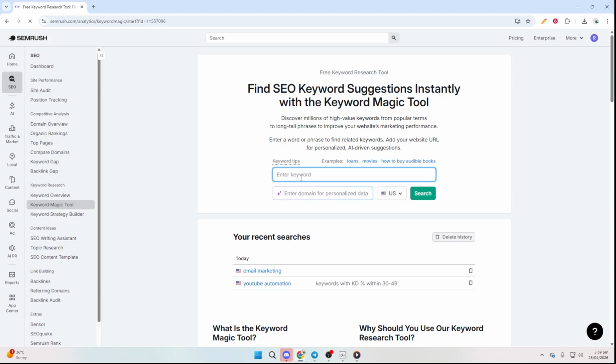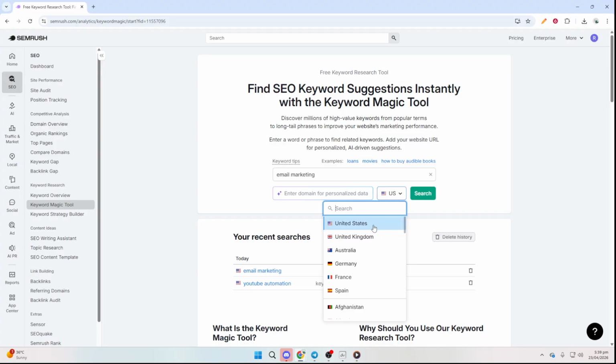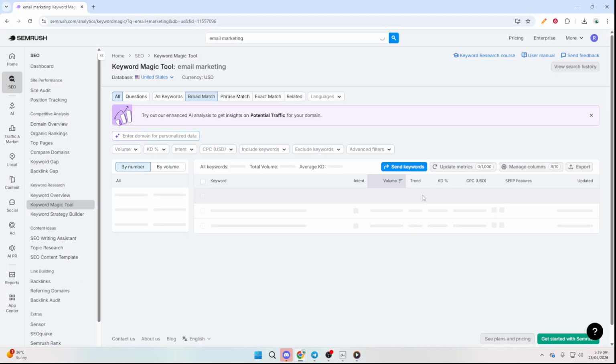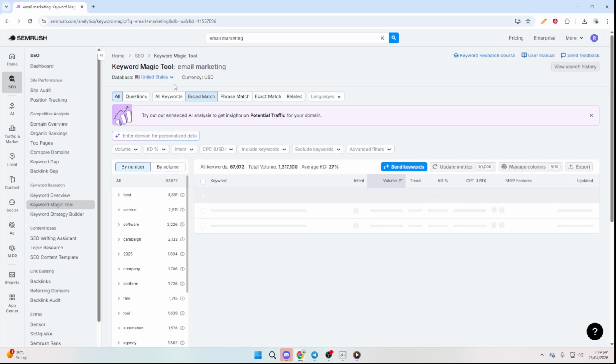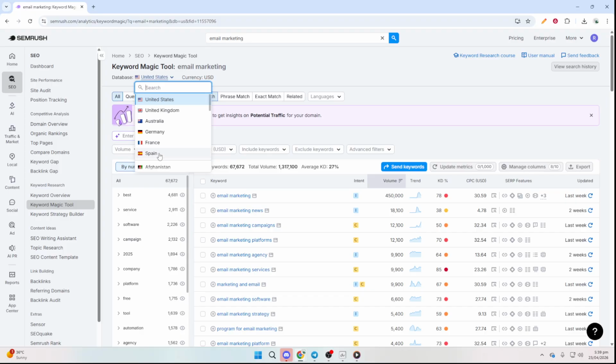Next, enter a broad keyword. Think of a general topic that describes your niche, like email marketing, rather than a very specific question. Broad seeds help you uncover more variations and pockets of opportunity. Choose the country that matches your target audience so the data reflects the right market. Then, click Search. If your audience spans multiple regions, repeat this process for each country later so you can compare